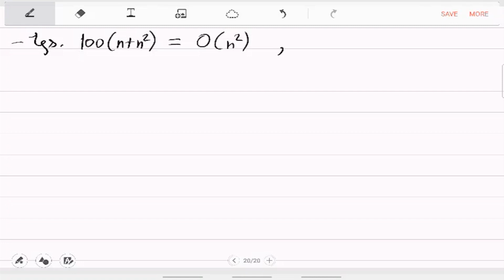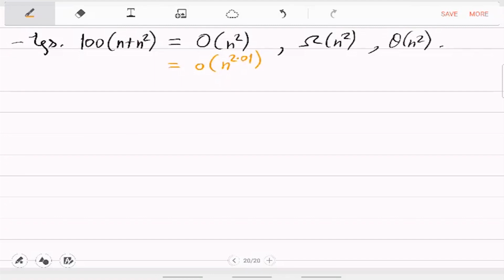But we can also say that this is actually big omega n square, right? Because it is not only upper bounded by a multiple of n square, it is also lower bounded by a multiple of n square. So ultimately it is actually theta n square. It is all three. And it is also small o, let us say, of n to the 2.01,